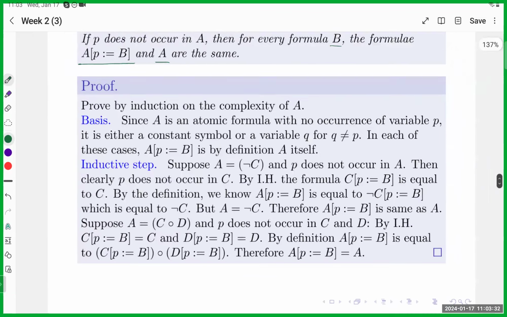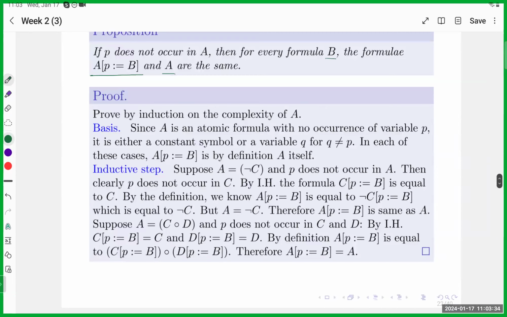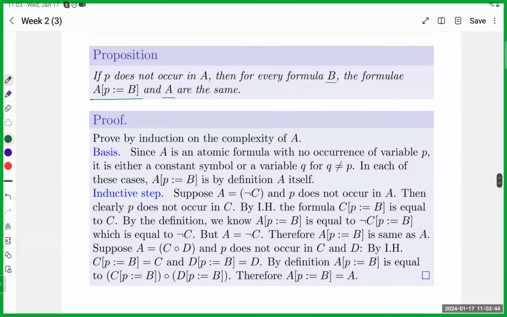Again, induction means it's induction on the complexity of the formula A. B is a fixed formula, P is a fixed variable. Note that we are showing this statement is true for any P and B, right? So fix your formula B, fix your variable P. Now, if A is an atomic formula,